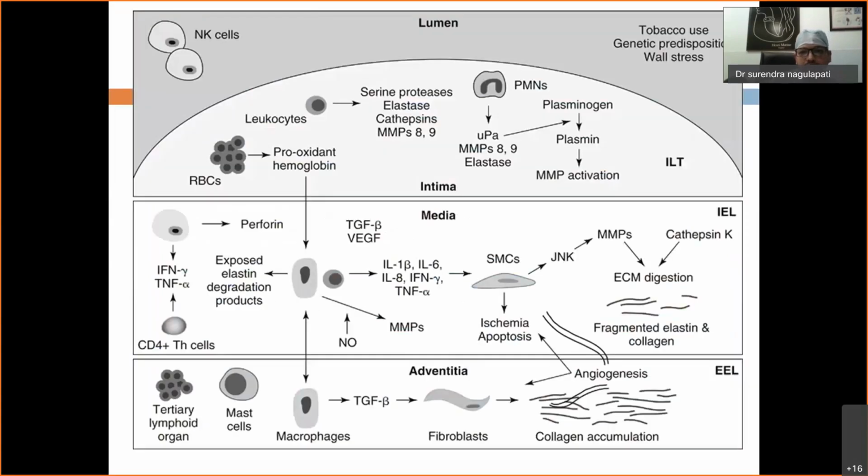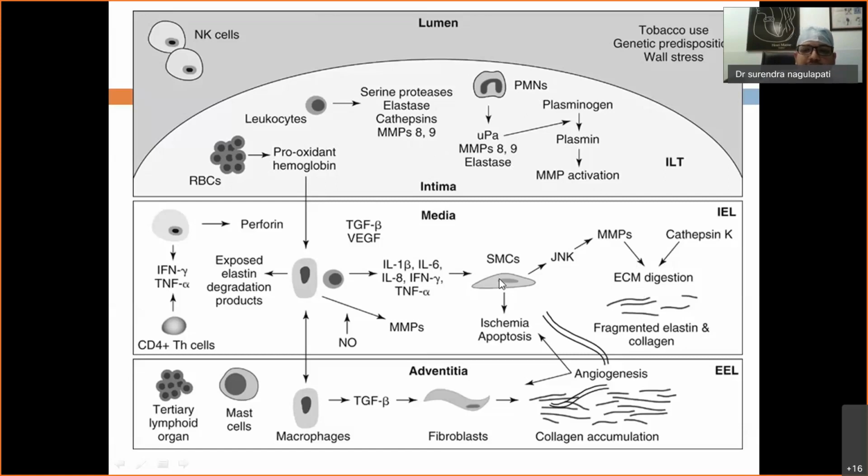This is the slide showing the mechanism actually happening. First, we can see the intraluminal thrombus, which is itself a laminated layer. In the intraluminal thrombus, RBC hemagglutination occurs, which releases pro-oxidant hemoglobin, and the leukocytes release proteases like elastase, matrix metalloproteinases 8 and 9, and plasminogen, which leads to MMP activation. These are basically proteases which cause the lysis of